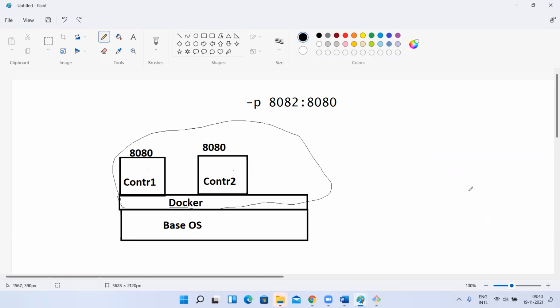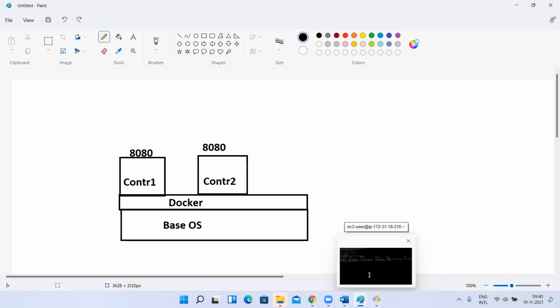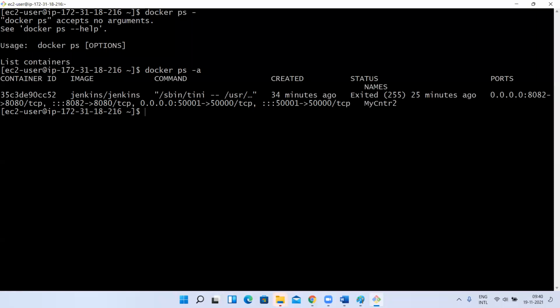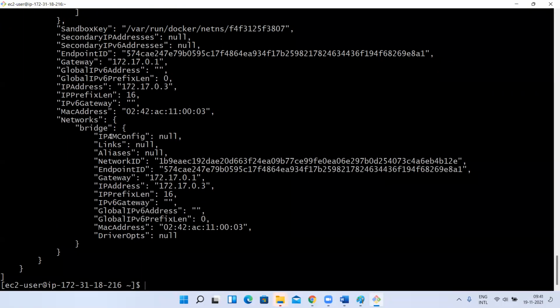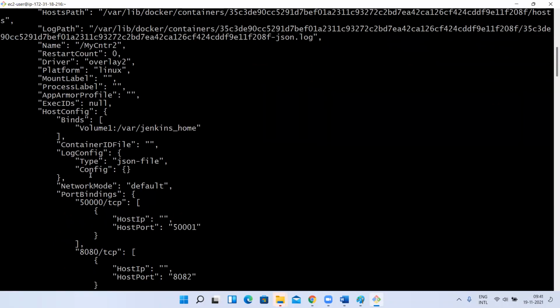Next, one more thing you asked. What was the question? Private and public IP. Okay, now let me show you. Docker ps -a, already done, right? Now docker inspect container ID. If you inspect that container, now see here. It is saying the container ID is this one, and it is in this state. If you scroll down slowly, right?